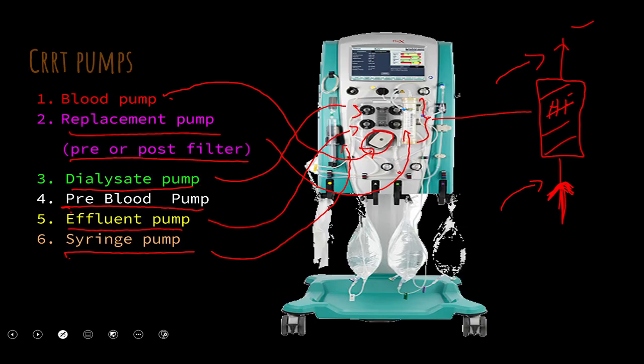Say, for example, the replacement pump is represented by a purple hexagon shape. Then your dialysate pump is represented by a green square, and then you have your dialysate bag. Your pre-blood bag is going to be a white triangle. And finally, your effluent pump, your effluent bag, is going to be a yellow circle. So that will give you an easy way of identifying what bag